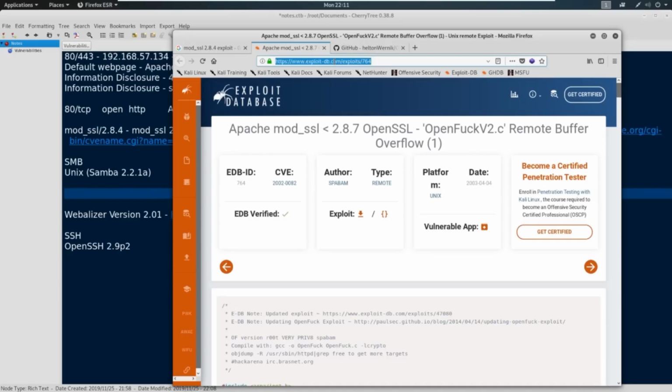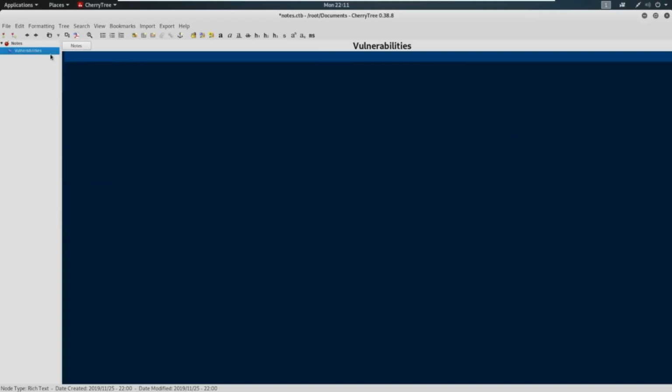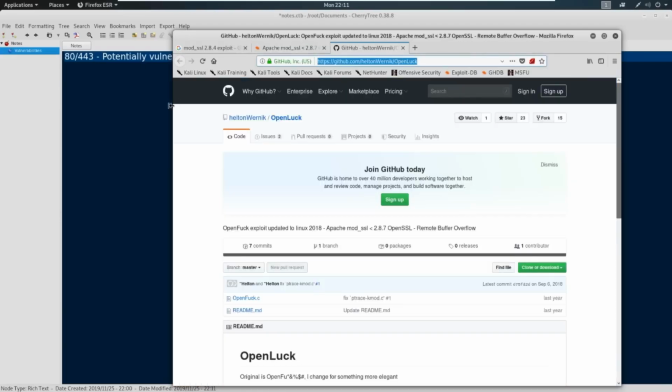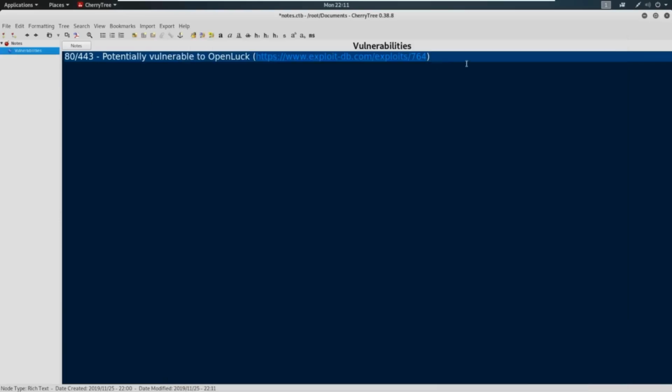So we can copy this, and I would put it here, and we could just say something like 8443, potentially vulnerable to, we'll call it OpenLuck, and then we'll just put it here. And we should also save this OpenLuck, and I'll cheat a little bit and tell you guys why,